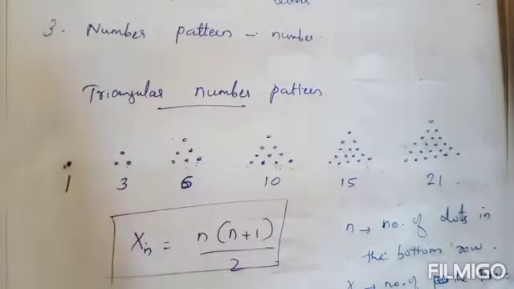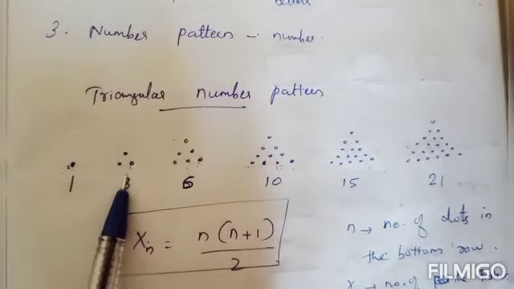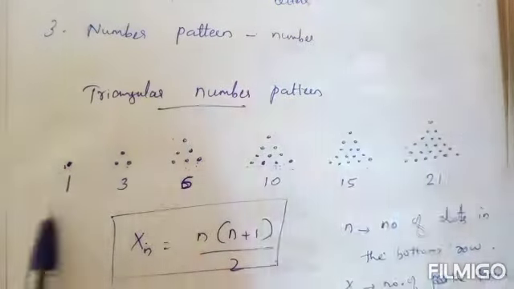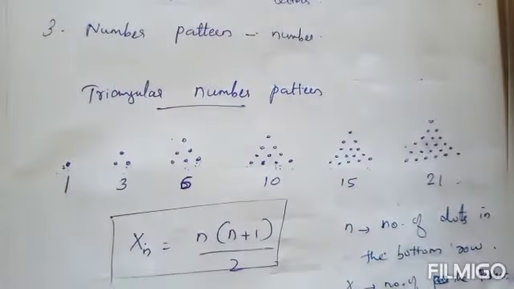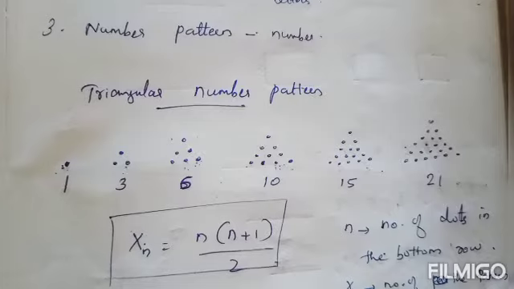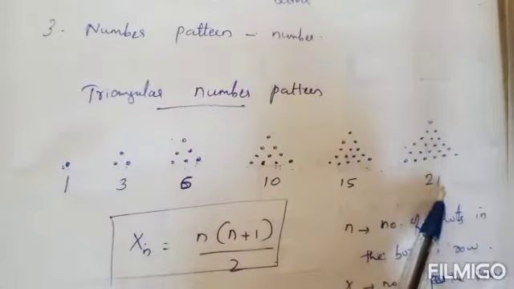Now this is the first unit of pattern. This is the second unit of pattern. This is third, fourth, fifth, sixth, seventh. It will go on. All these are units of pattern. Now how can you find the 23rd unit of pattern? In order to find the 23rd unit, it will be difficult because you have to draw more and more patterns like this, more and more units.